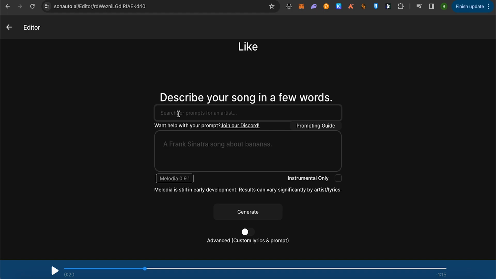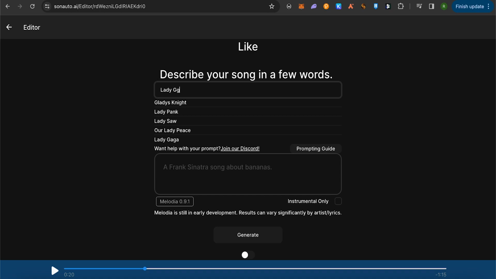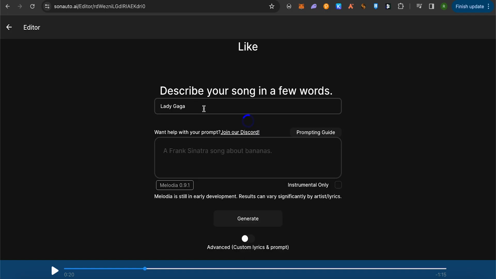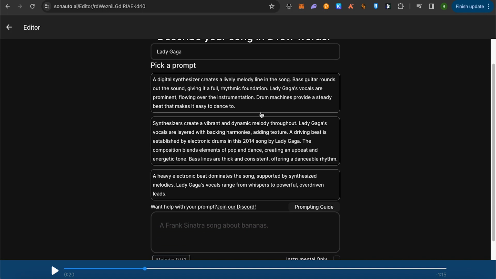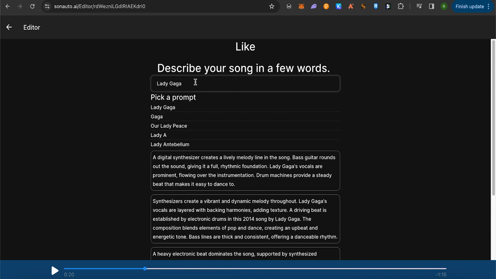Suppose I want a Lady Gaga song, and you can also select any particular prompt. So suppose I want Lady Gaga song sang by Usher,